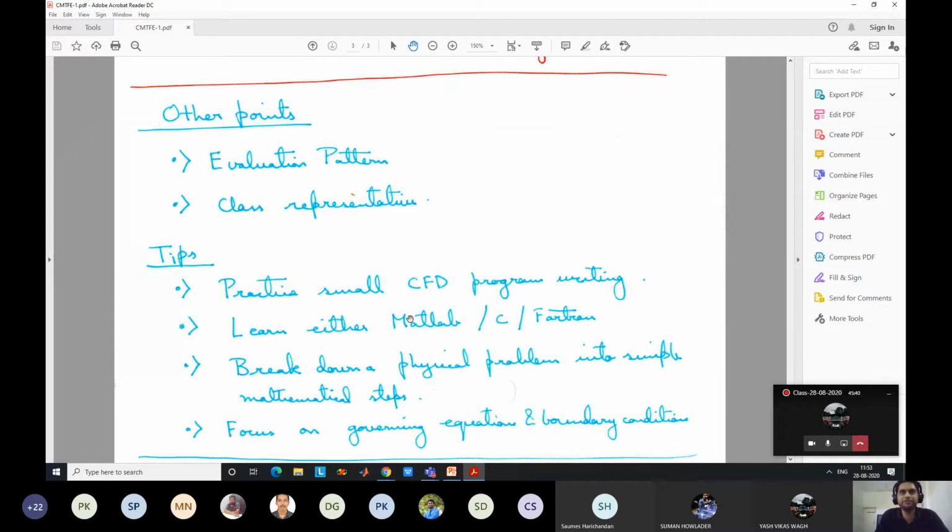Practice is very important. At least learn some programming language. Very important, not only for this course, but for your jobs, for any future career. Nowadays, it has become very important to learn a programming language. For physical or mathematical problems, we are still using old languages which are very optimized for those problems, such as C, C++, or Fortran.